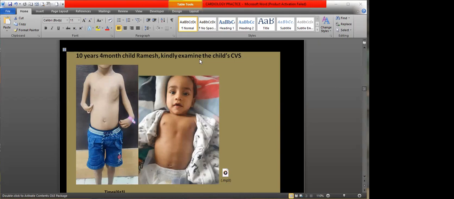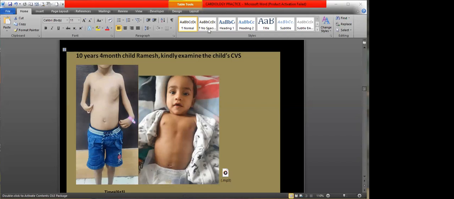Okay, so to complete my examination, I will examine the back and auscultate the bases of the lungs. I will palpate for the liver and also look for pedal edema. I would also like to examine the femoral area for this child, for any scar marks, if allowed. Okay. Present your case.